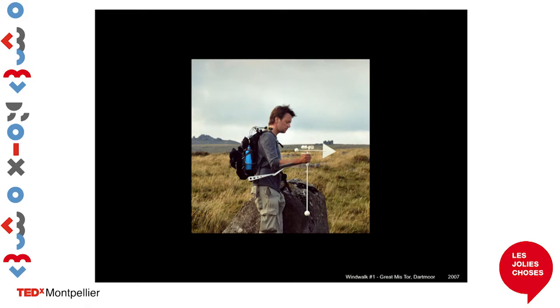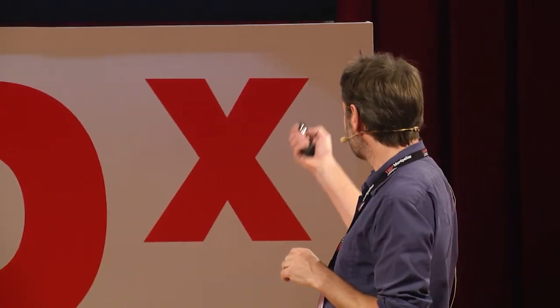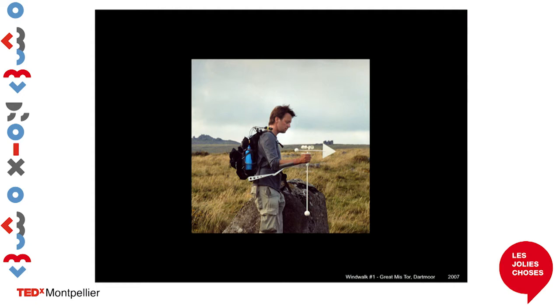So this is another piece. They were called Windwalks, this body of work. And I had the idea, I guess a romantic idea, that I could walk wherever the wind took me and just see what happened. And it would be this very free process. And so I designed this little wind vane and set off on Dartmoor, this sort of wilderness area in England,